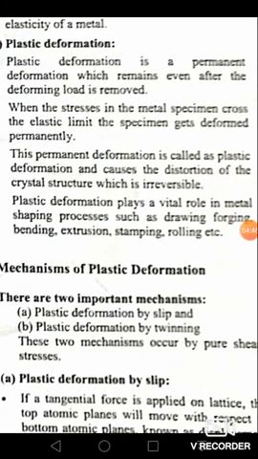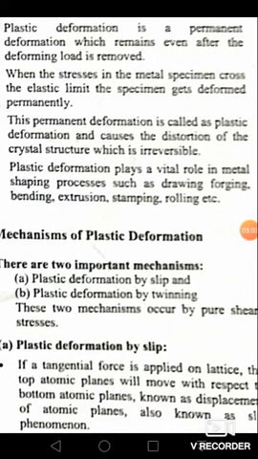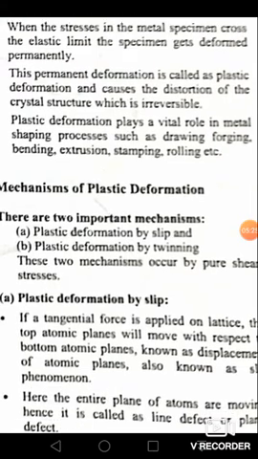Here the criterion is that the stress should go beyond the elastic point or yield point, and only then will the material enter the plastic region and get deformed plastically, or permanently. This deformation is called plastic deformation, and it results in distortion of the crystal structure. In elastic deformation there is no distortion of the crystal structure, because after removal of the load the original crystal structure is regained, whereas in plastic deformation the crystal structure is distorted permanently,